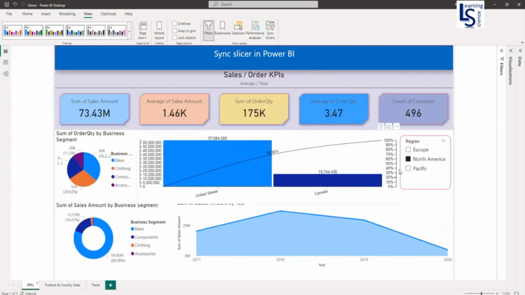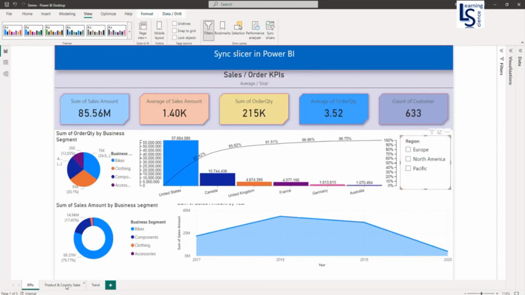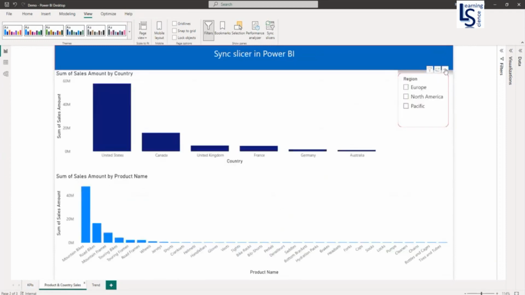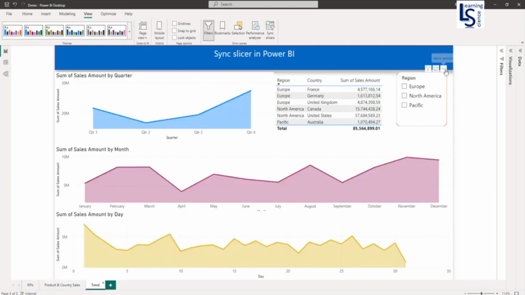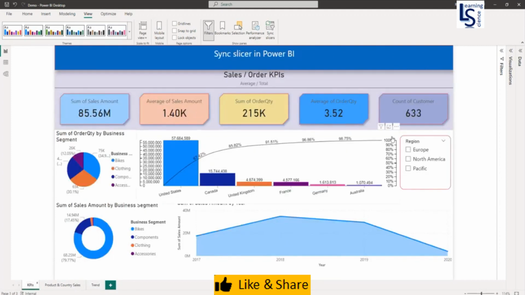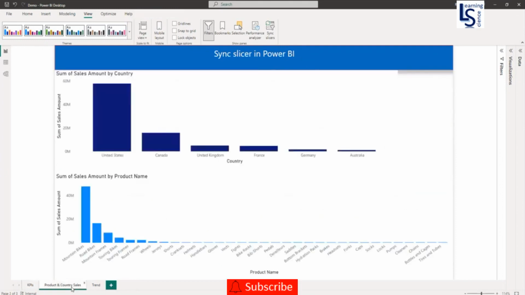There is another way also to implement a sync slicer. Now, to implement the second way, let me delete this slicer, and let me delete this one also. And let me go back to the KPI page. I will select this slicer and press Control C. I will copy this slicer and come to the product and country sales page and press Control